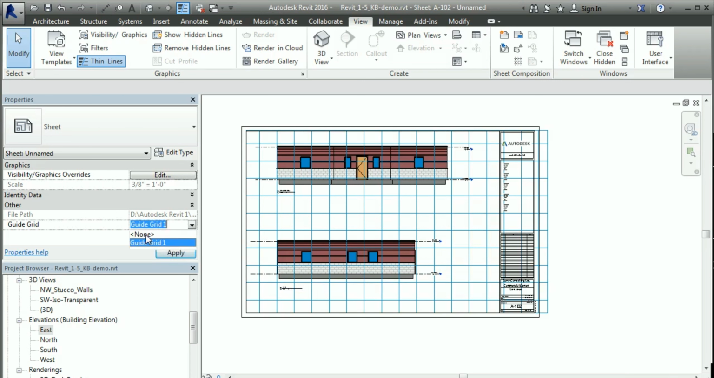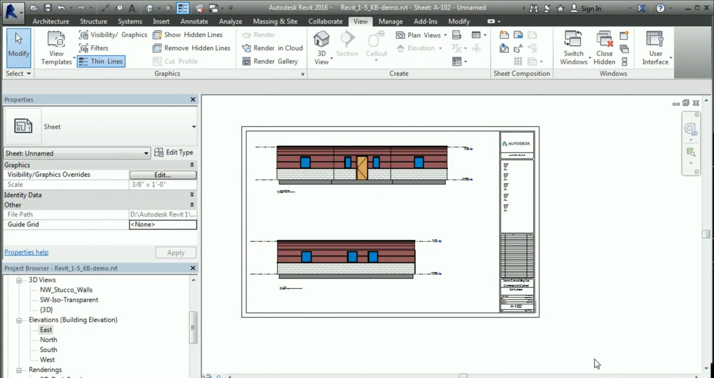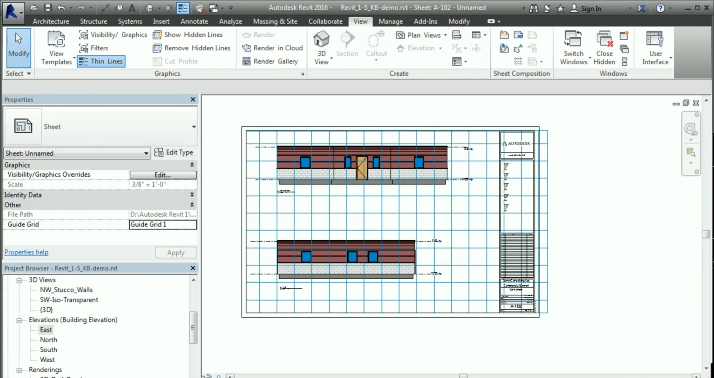If I set this guide grid for the sheet to none and pick apply, it's going to hide it. Now that I've created the guide grid and I've added it, I can bring it back. If I need to see it, I can just enable the guide grid again. If I make another sheet